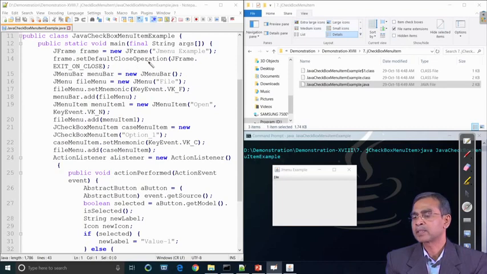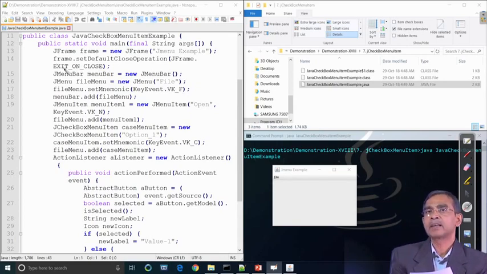That is necessary, and it sets the exit on close, meaning that when we close the window it will exit automatically. Otherwise, once you open it, it will remain so. That is why we have to set exit on close.